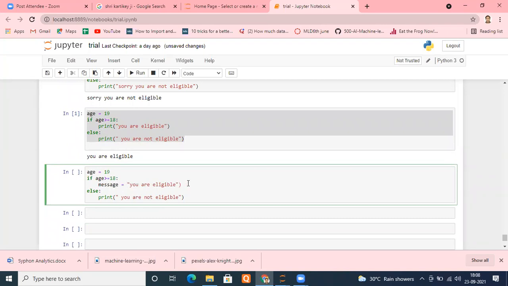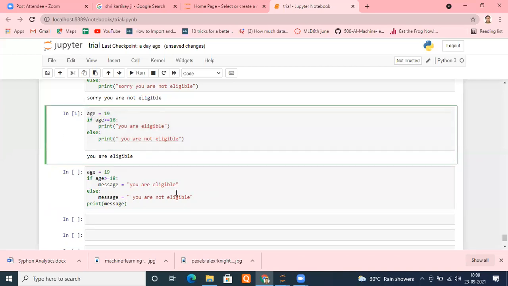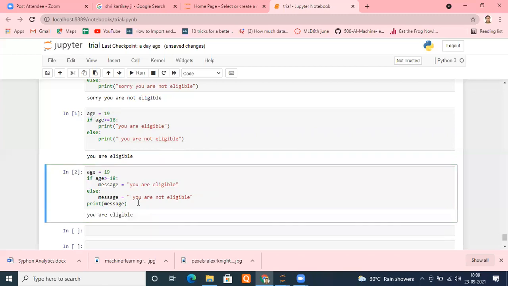If he satisfies the condition, the message will be "you are eligible", and if he doesn't, the message will be "you are not eligible". And at the end, when we come out of this block, we simply print message. Both do the same task, but this way gives you one big power. Let me run this. Again, I will see the message you are eligible.